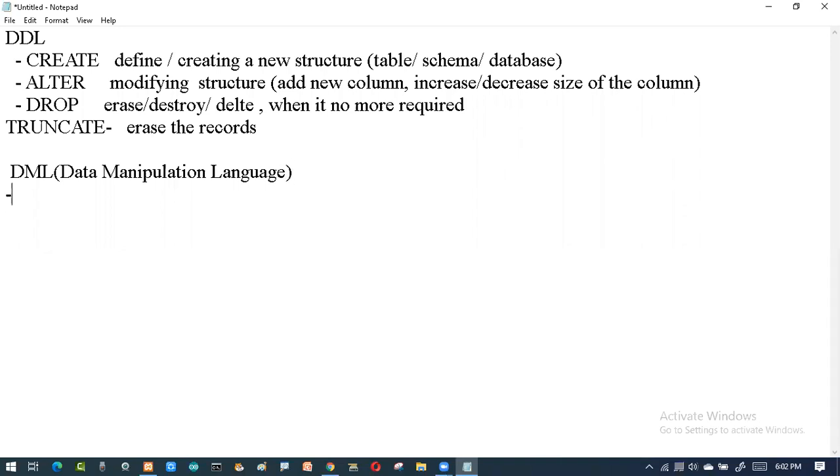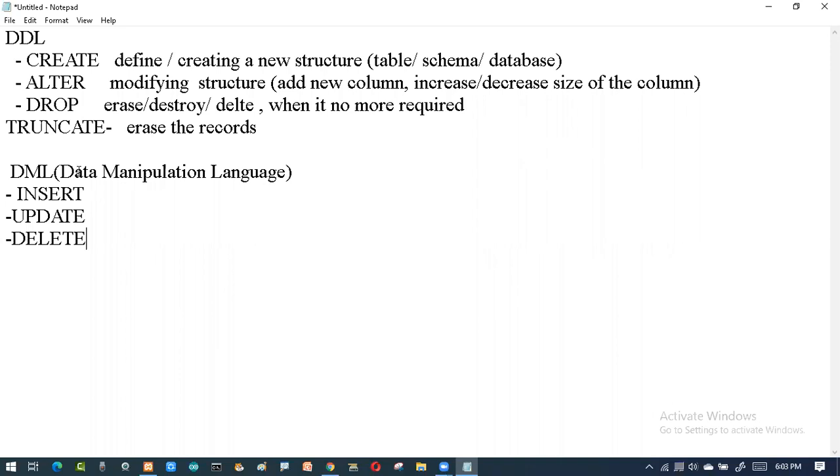Now in this, what are the commands we are going to learn? One is insert. Then update. Then delete. So these are the three data manipulation language commands of SQL we are going to learn today.